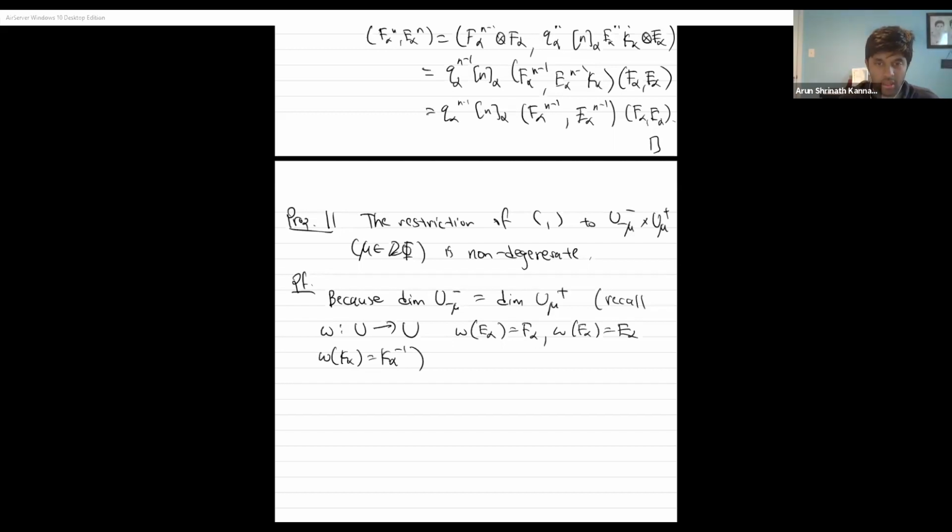One of these gets sent to the other, and so they have the same dimension. It suffices to show that